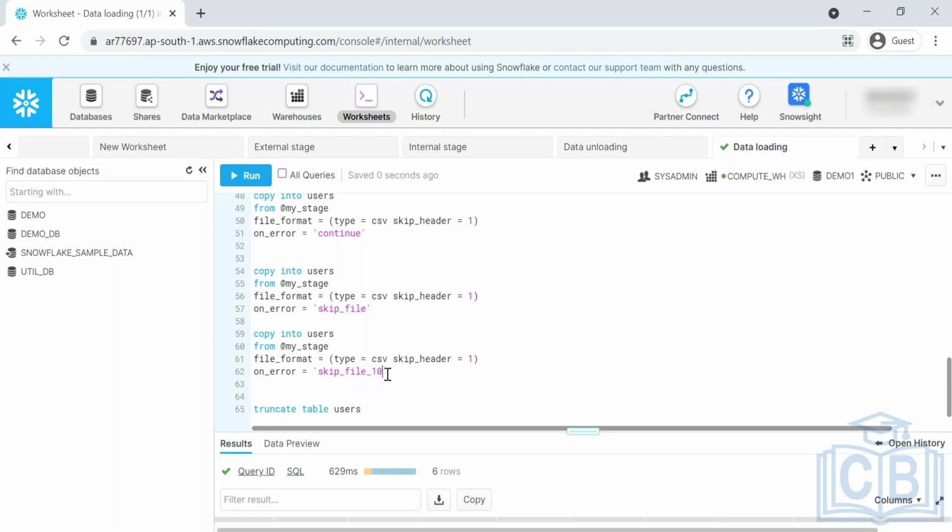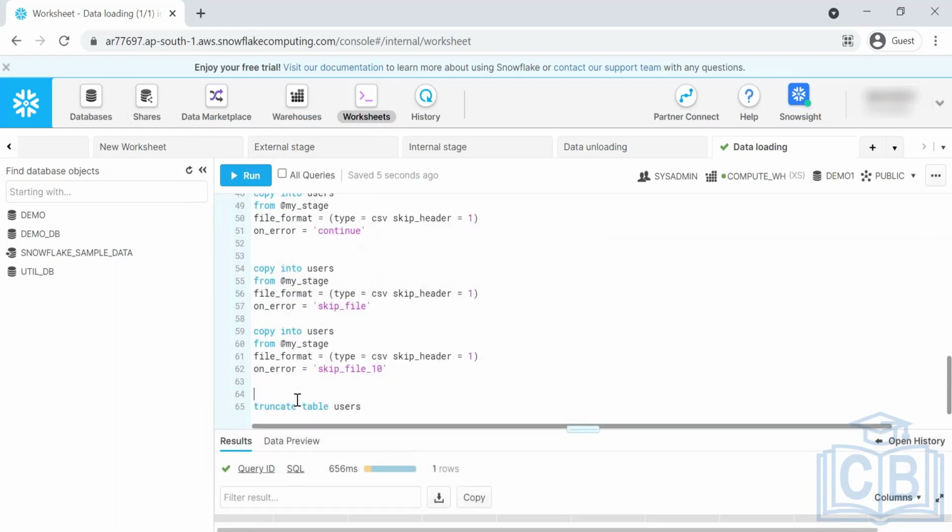So you can also play with the sampling. Let's say if you're working on domains like digital marketing or IoT, you'll always get invalid records because of some parsing issues. You'll always see some kind of issues in these domains, digital marketing and IoT. What is this SKIP_FILE_10? You can give any number. I'll show you, going with the example 10. If I run this,